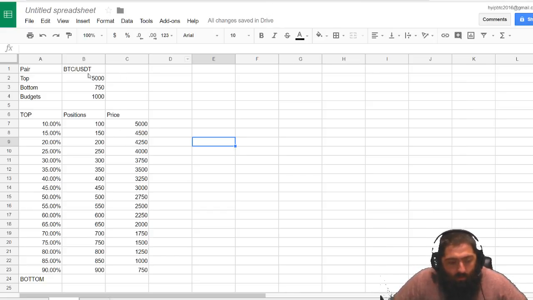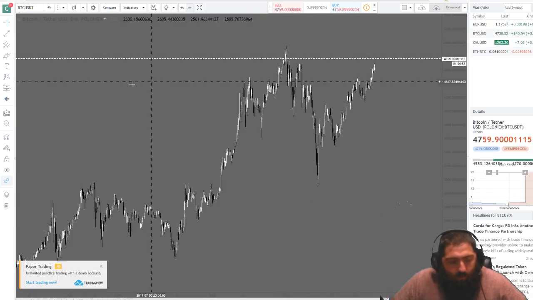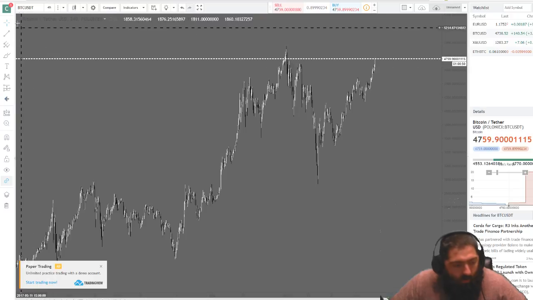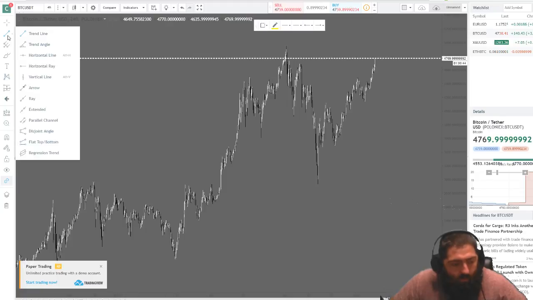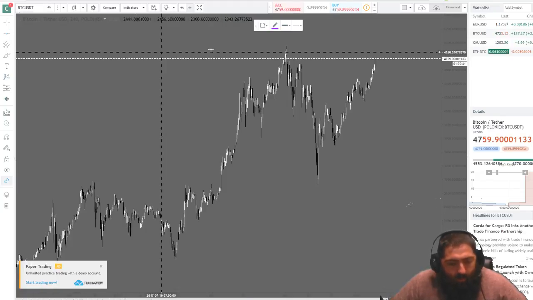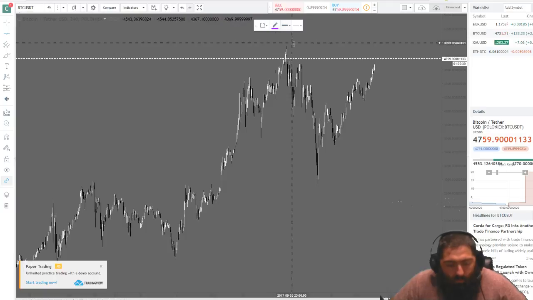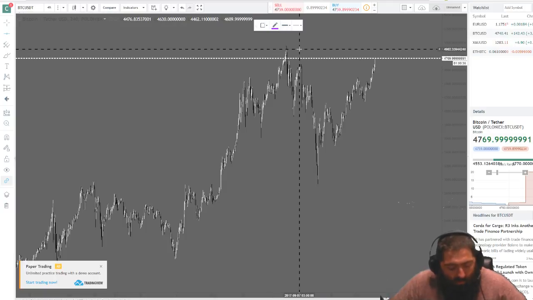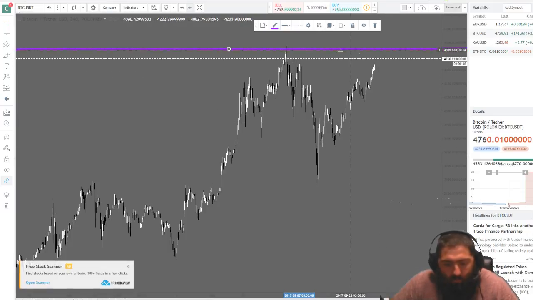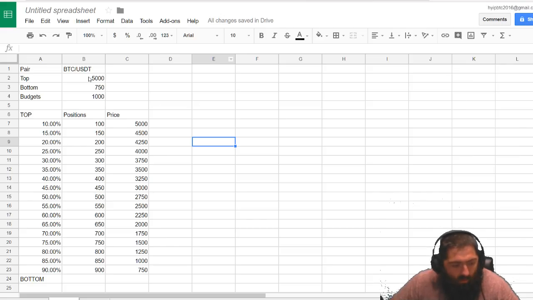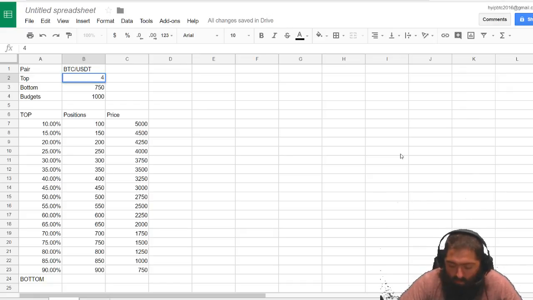If we're going to trade, the first pair we're going to look at is BTC USDT, and that is on Bittrex. So we're going to open up our TradingView chart, and the first thing I always do is get the top line that I can get. We're going to make these purple and thick so y'all can see them. So $49.02 is our top line. So let's go over to our spreadsheet. 49.02,